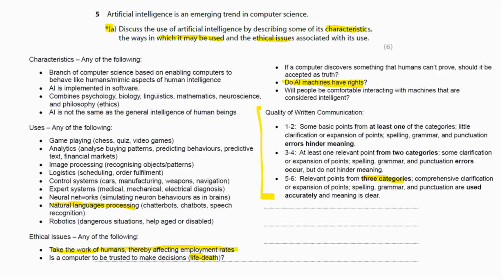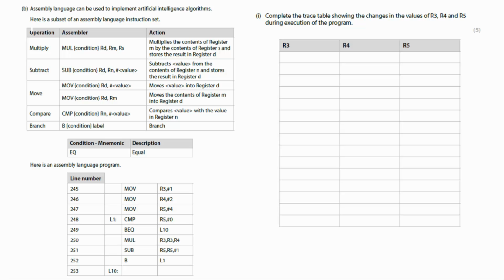Like I say, I wouldn't revise AI. I wouldn't say not to revise it, but they're not going to repeat AI 2 years in a row. You would highly doubt. So use a question like this. This is quite a nice template for a question to prepare for what they could ask you on one of the other topics. Okay, so you now have a couple of assembly language questions to finish off the paper,